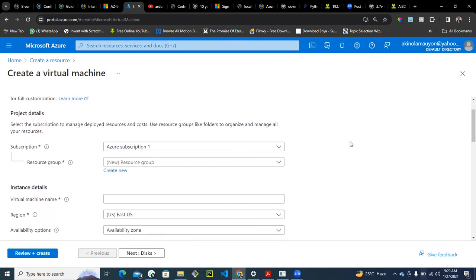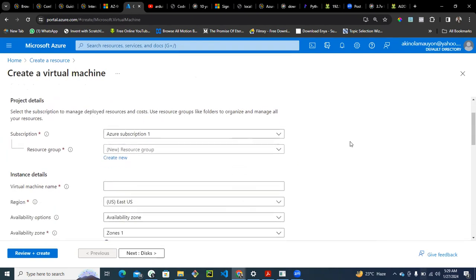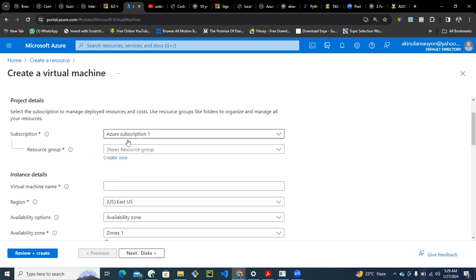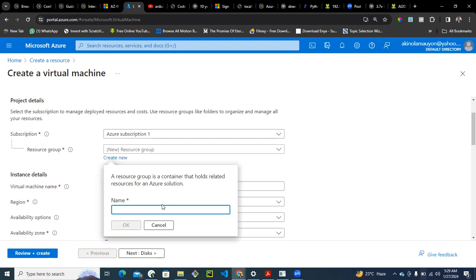So you scroll down and select your subscription, which is usually selected by default. If you have multiple subscriptions, you click on the drop down and select which subscription you want to use. This one has 2 subscriptions, but by default I use Azure subscription 1. For your resource group, if you have one, click on the drop down and select. If you don't, create a new resource group and call it test